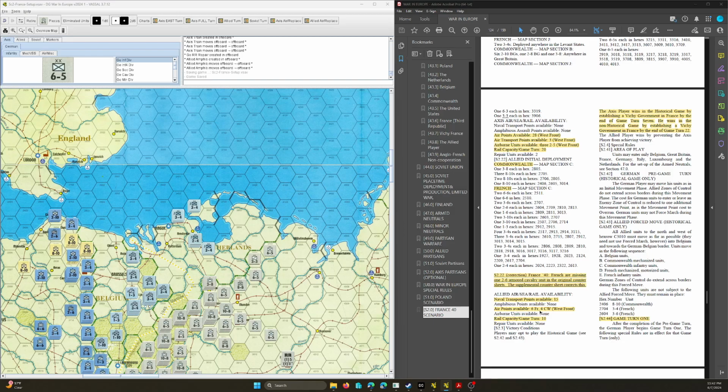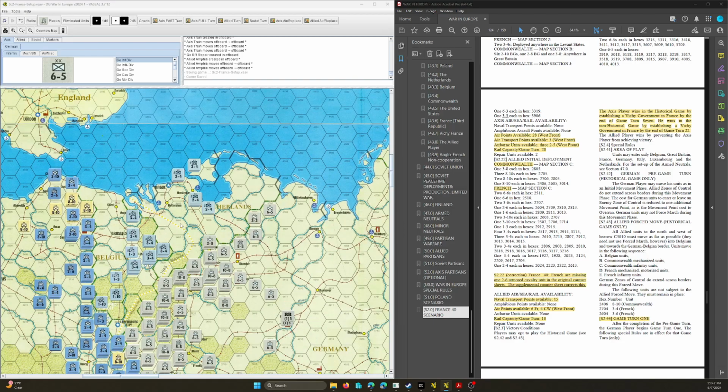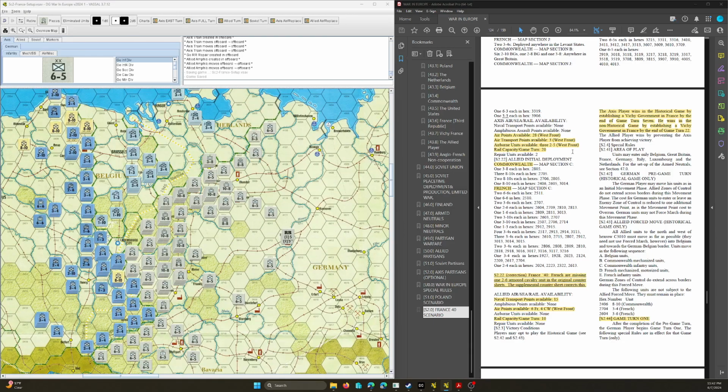Now here's the interesting thing with this scenario. You can play the historical option, where basically the Allies do the not wise moves they did before, where they all basically move up to the, I forgot what river, but the plan was to move into Belgium as far forward as possible. They expected the same attack as in World War I, the hook coming down through Belgium around